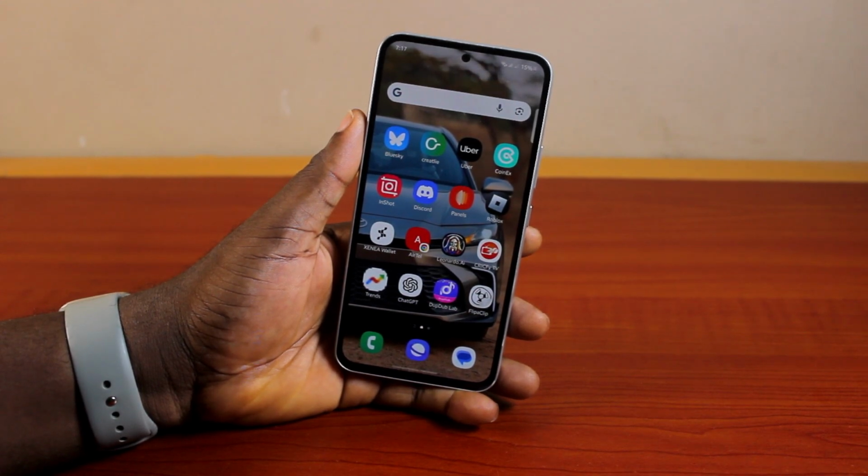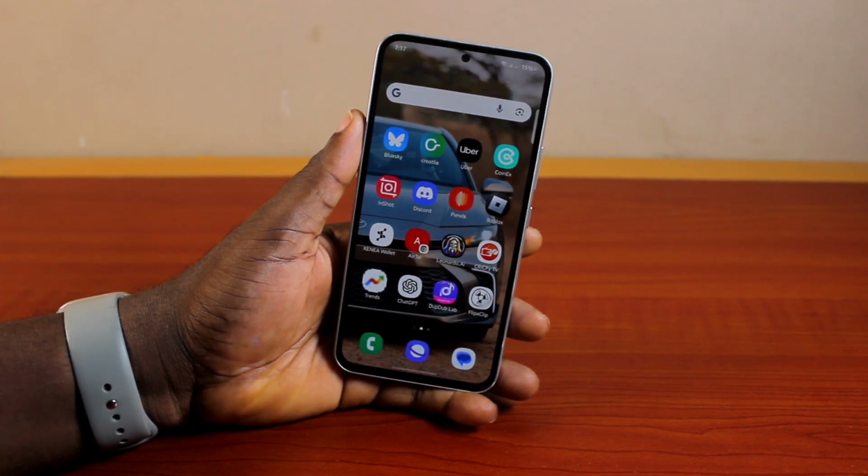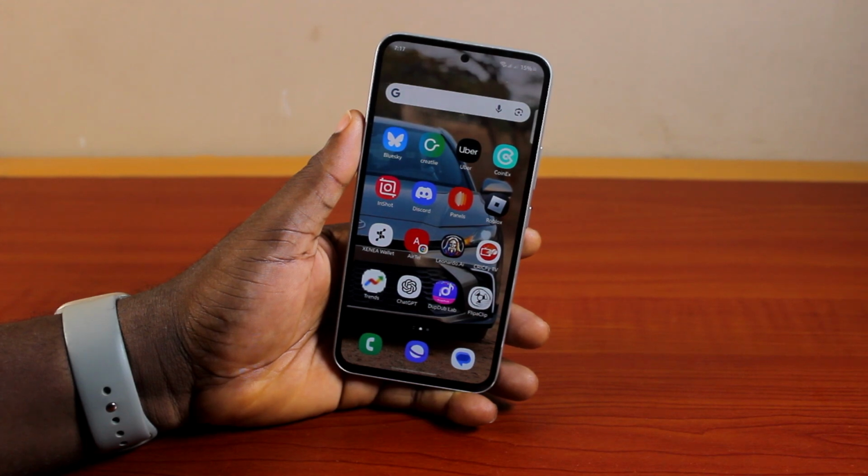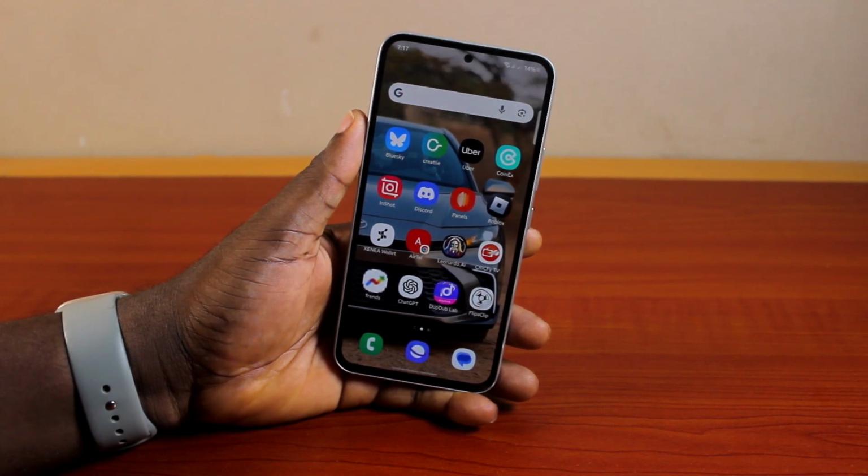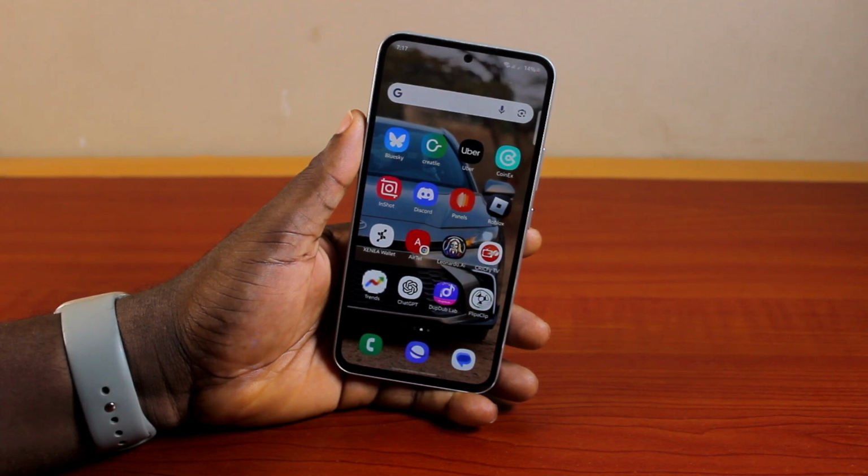Here, I'll detail how to change selfie mirror image on a Samsung Galaxy phone. So if you want to change your Samsung phone selfie mirror image either on photo or on video, then here's a video for you. So basically here you learn how to turn on or turn off selfie mirror image on